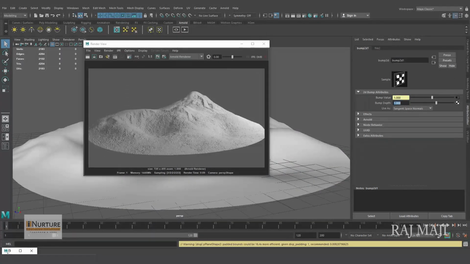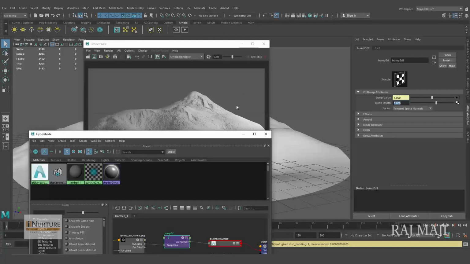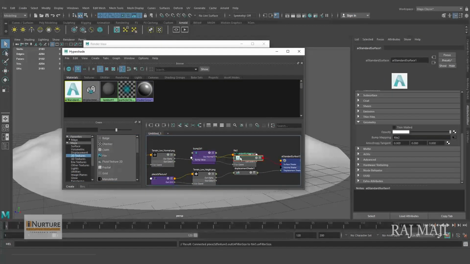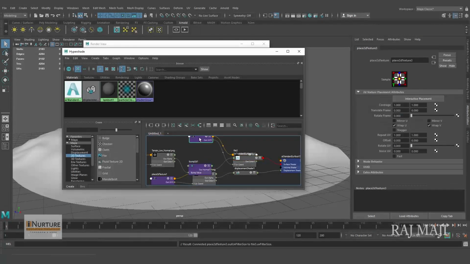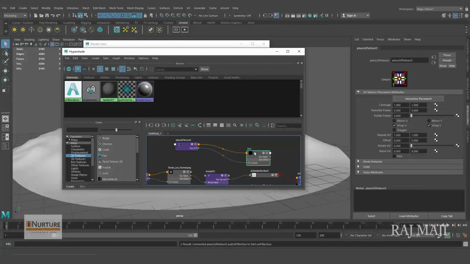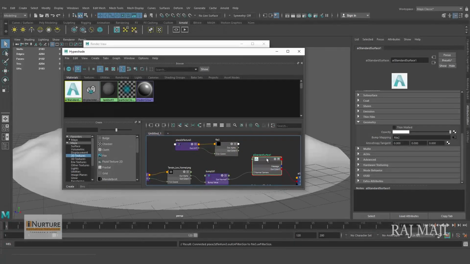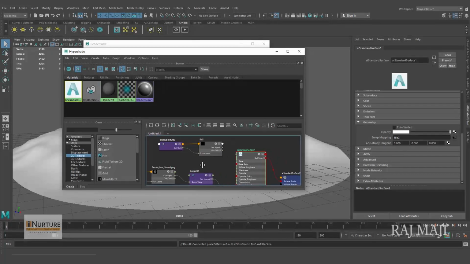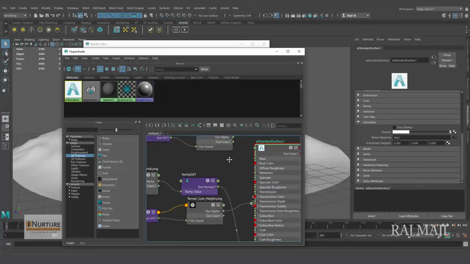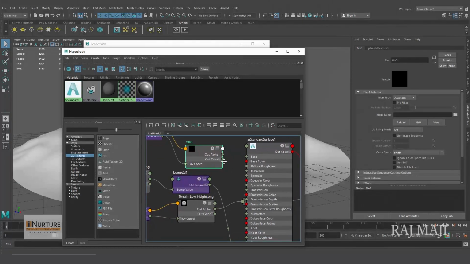So let's check how it is looking over here. I am taking a file texture. So this will be the color map, alright? This will be connected with the out color, will be connected with the base color, alright?